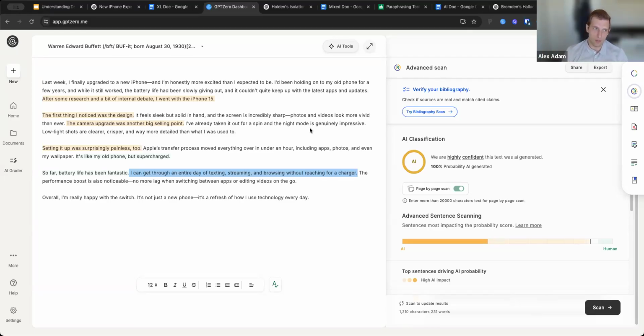And I think this can be useful sometimes if you come across a document where a single sentence is highlighted very strongly for AI, and you play around and take that sentence out and that entirely flips the prediction. That could be indicative that our model is not so reliable on this document, and you shouldn't be taking our output as ground truth. So basically take it with a grain of salt.